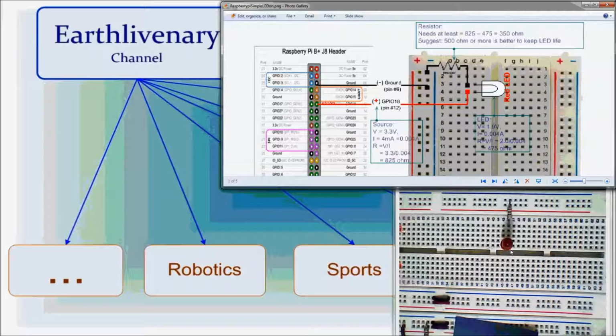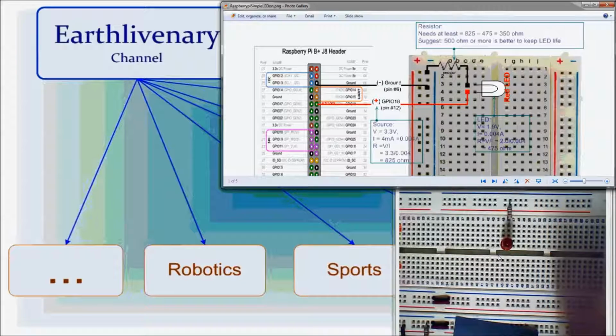The short leg you need to connect to the resistor, and the resistor is connected to ground. You see this one is ground. All this line over here is connected together, and the resistor goes to line 46 over here. All this one is connected together.